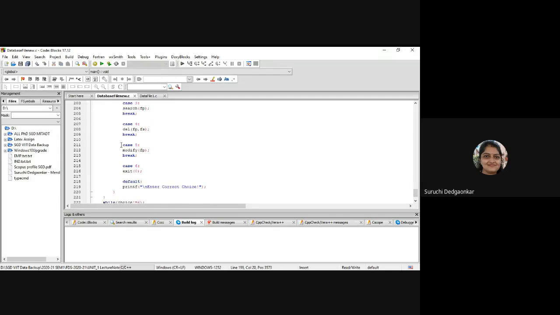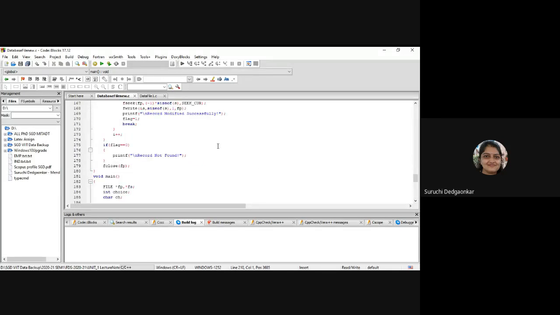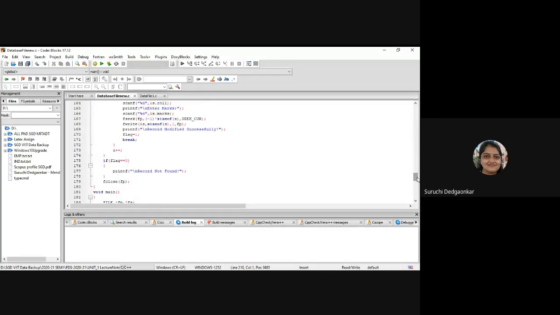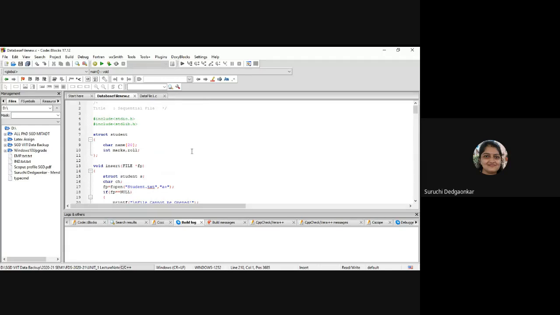Everywhere we are passing that file pointer. So what we will do in every function, we will open the file in the required mode, do the operation on it, and then close that file. So that will be our strategy.